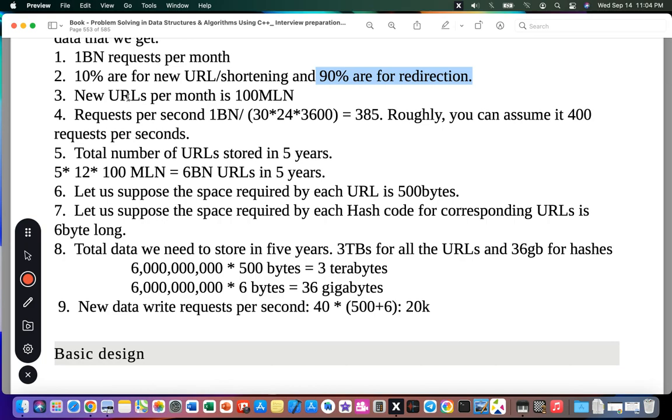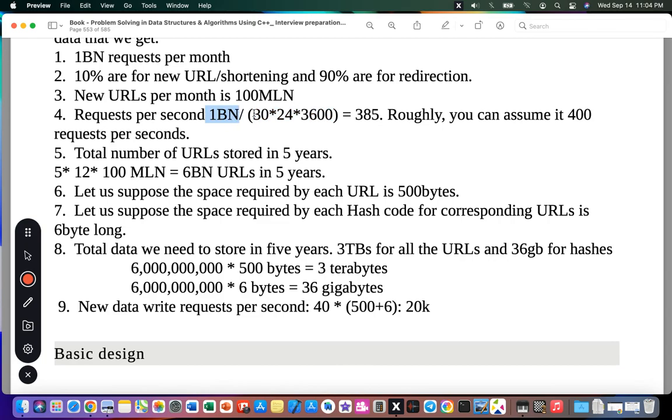New URLs per month is 100 million, from this 10% of the 1 billion, right? Requests per second: 1 billion divided by the seconds in a month. We just convert to seconds. This is per month.